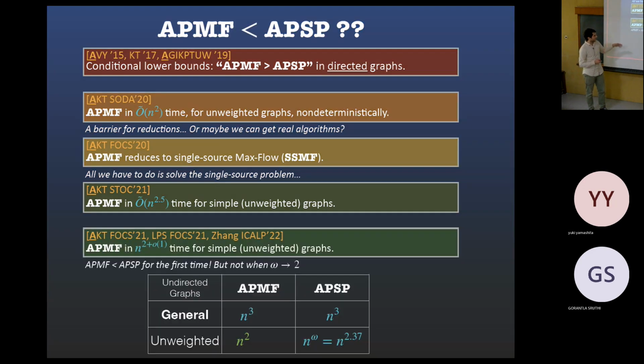Then we continued working on it. There were three papers independently getting this n squared, and this was the first point in history where all pairs max flow suddenly became easier than shortest path in terms of running time. Up to that point, of course, it was always larger complexity, but here we had this separation, the opposite of what we expected. But again, at the end of the day, omega is 2, so this was not a true separation, but somehow.